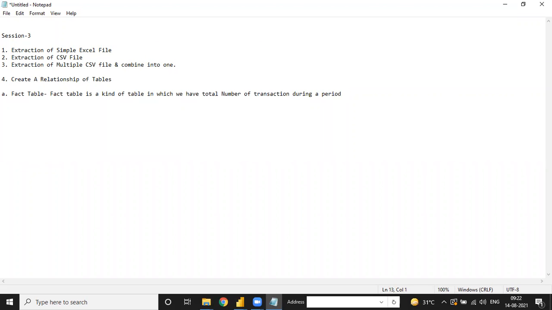And the second one is the dim table. A dim table is a kind of table in which we have only a unique list of items.